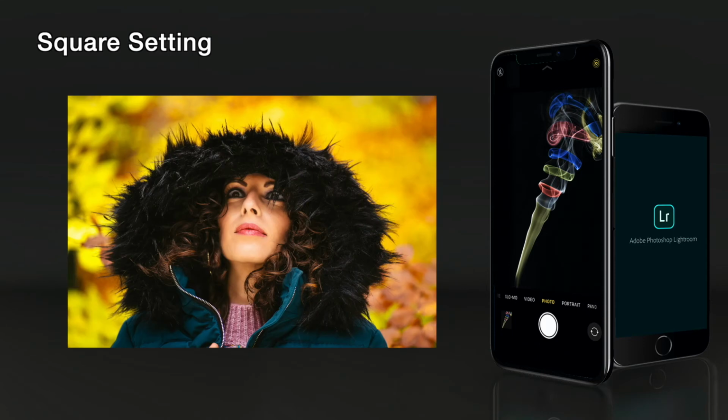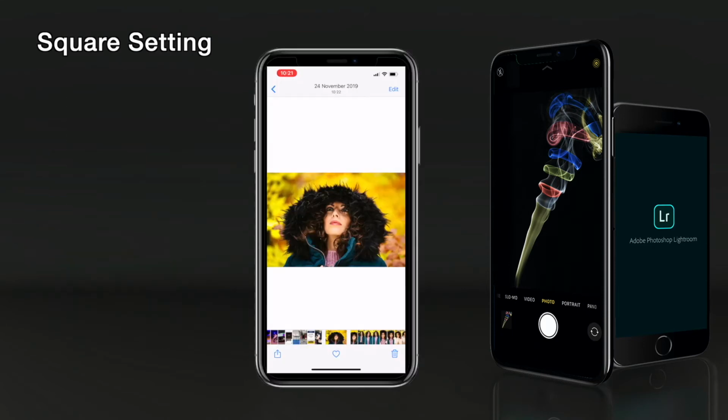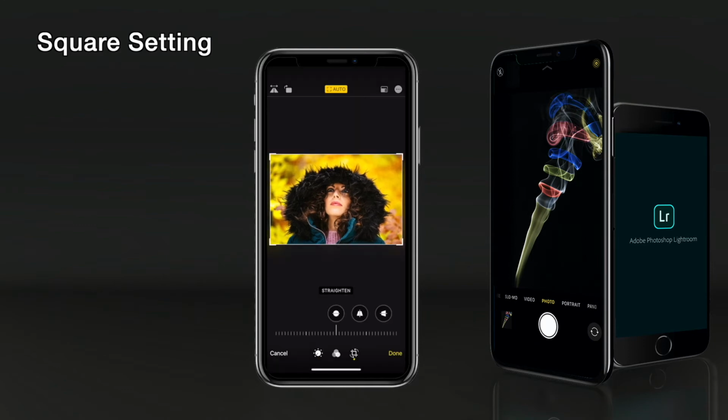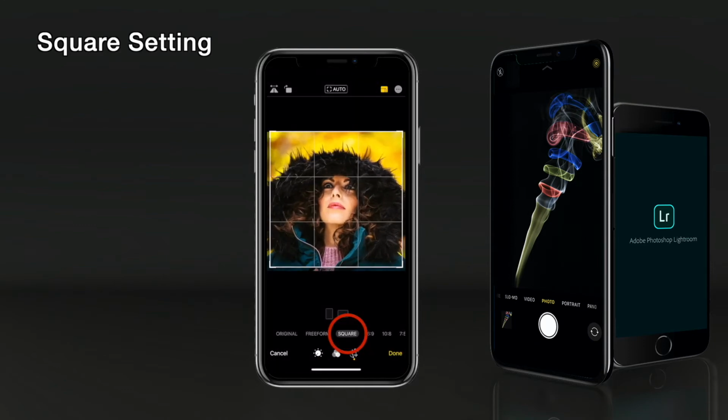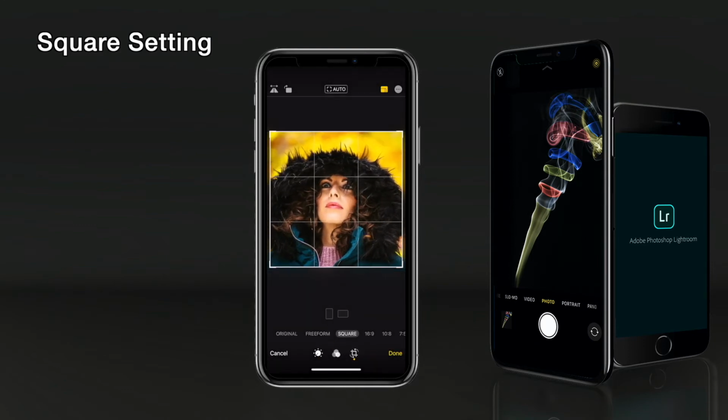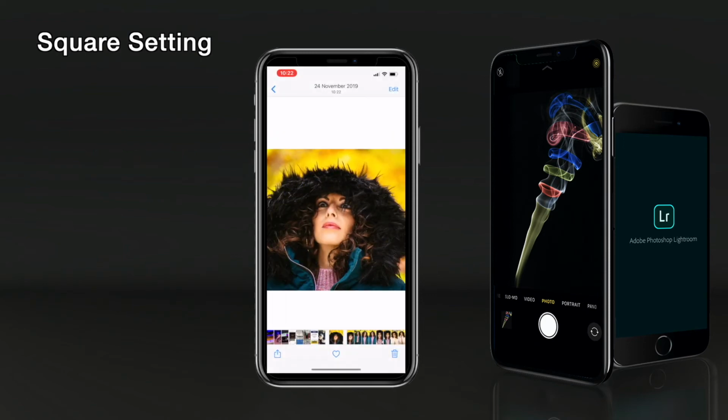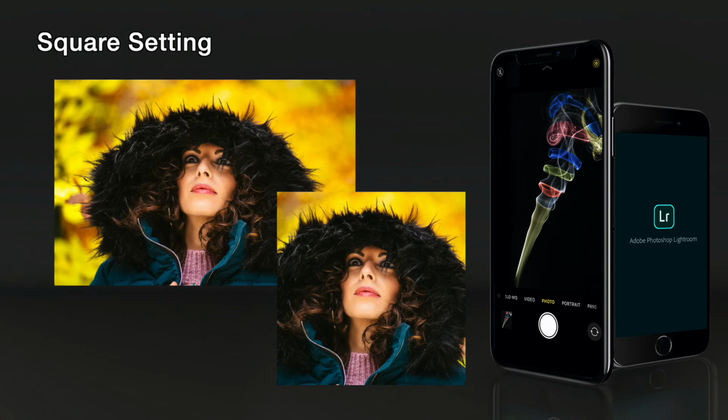I would always recommend shooting a normal photo and then going into edit and then going down to crop and then choose square. You can then use the tool to move around the photo to perfect exactly where you do want the square to be, but you can have a photo from there onwards that you could use for other